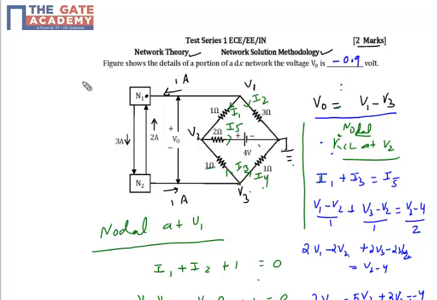Actually it's a very good problem of nodal analysis where we get good practice. You need to apply nodal analysis, or KCL, Kirchhoff's current law, at 5 different nodes. First of all, apply KCL at node N1 to find this current of 1 ampere. Then apply KCL at node N2 to find this other current, and then apply nodal analysis at nodes V1, V2 and V3, right? Then you will get the values of all these node voltages and you will simply get the output voltage.